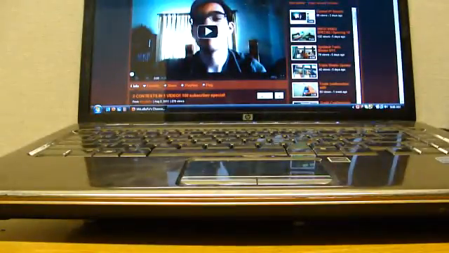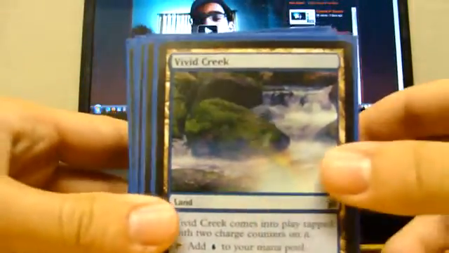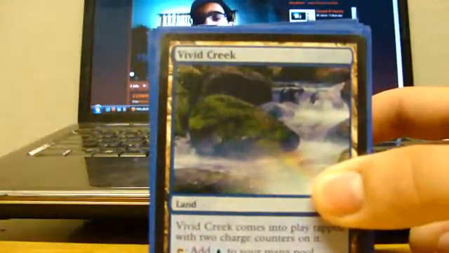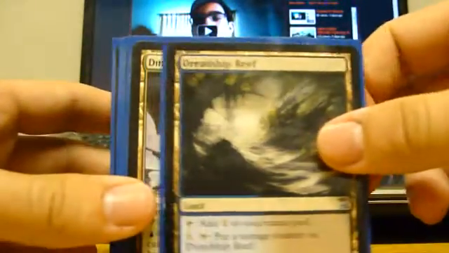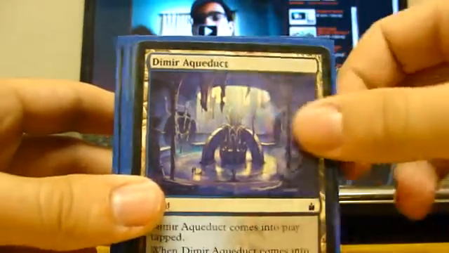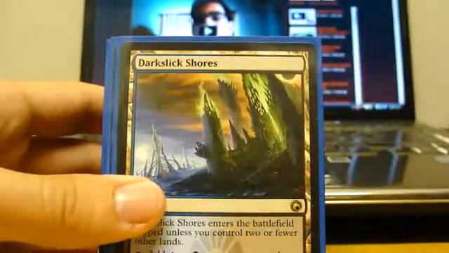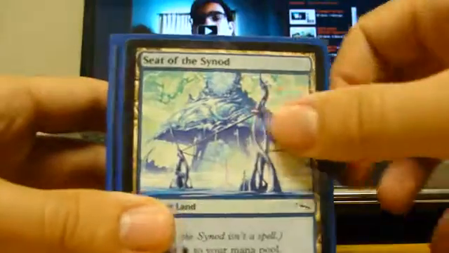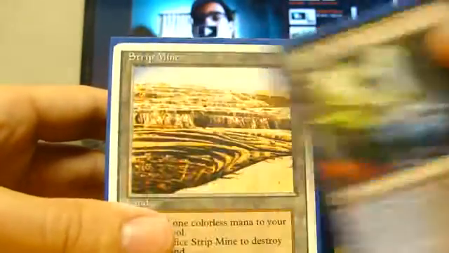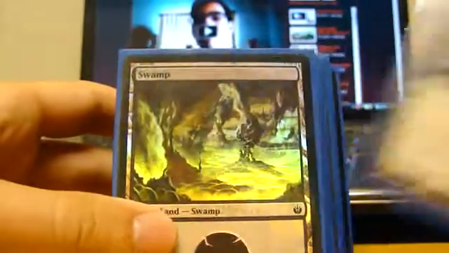I mean, the general we already know is Oona, so let's go through lands. Yes, I don't have all of them, but this deck's not completely done because I'm still missing some Vampiric Tutors, but it's still a good one. It's solid. Anyway, we've got Vivid Creek, Floodplain, Dreadship Reef, Duskmantle House of Shadow, Dimir Aqueduct, Bad River, Shelldock Isle, Drowned Catacomb, Crypt of Agadem, Dark Slick Shores, Reflecting Pool, Rupture Spire, Creeping Tar Pit, Seat of the Synod, Jwar Isle Refuge, Secluded Glen, Strip Mine, River of Tears, Coral Atoll, Bojuka Bog, Reliquary Tower, Mystifying Maze, and then I